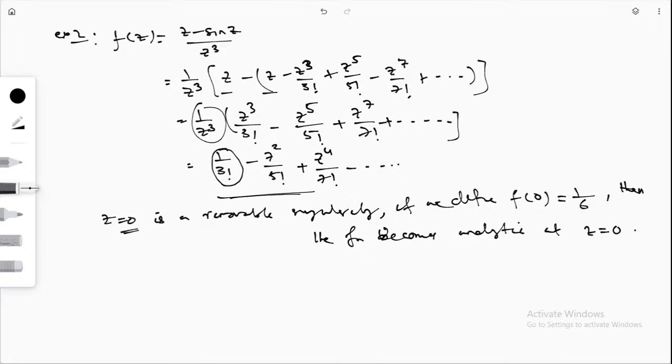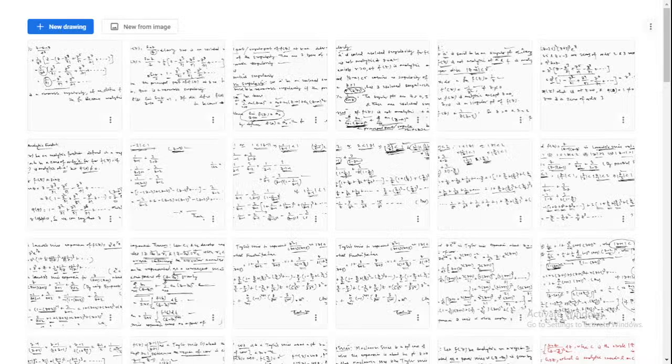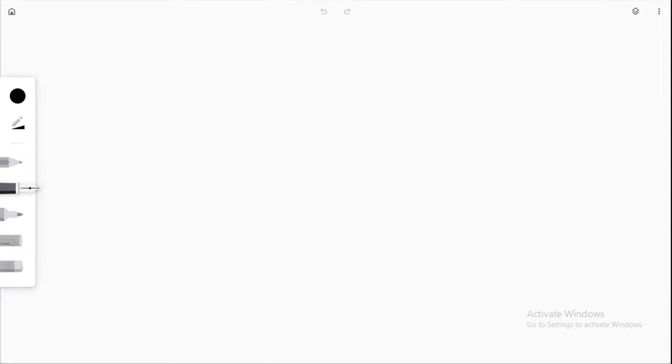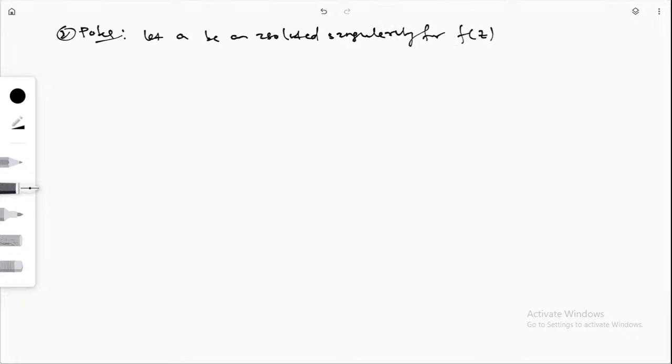Okay. So now we come to the second definition. What is a pole? Now removable singularity is done. Now we come to poles. So what do I mean by poles? Let a be an isolated singularity of f of z. Then the point a is called a pole